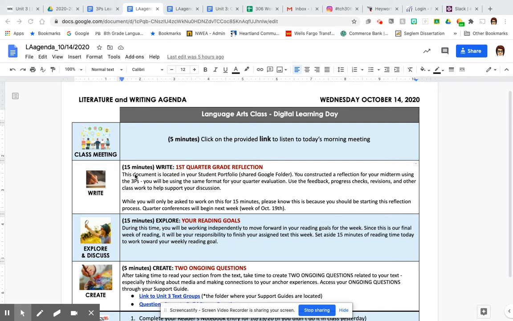I want you to really start thinking about your first quarter grade reflection. In your language arts folder, hopefully you have with you, you have a collection of progress checks that you've been completing over a series of time. And you're going to be using those progress checks. You're going to also be using feedback. You're going to be using revisions. You're going to be using other classworks that you've created or constructed over this quarter